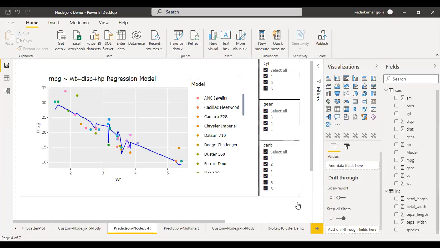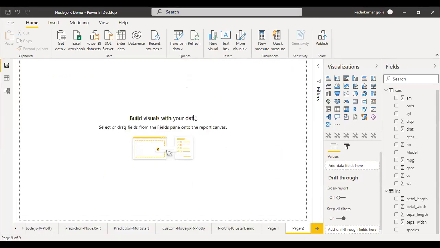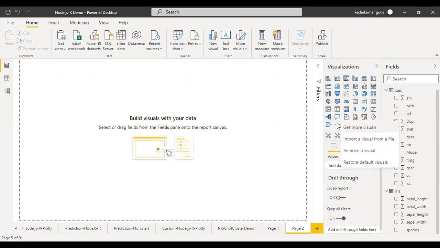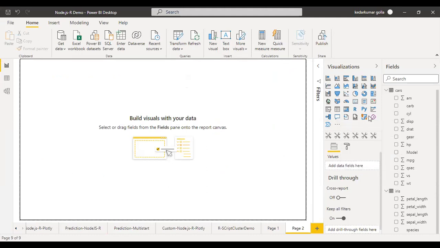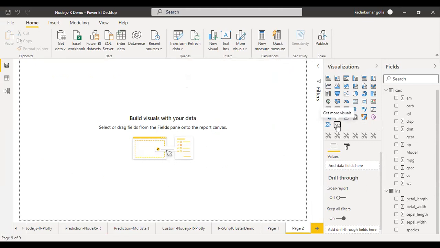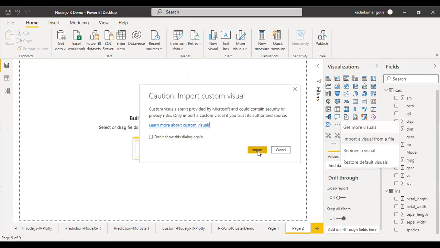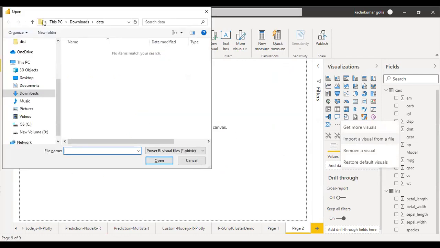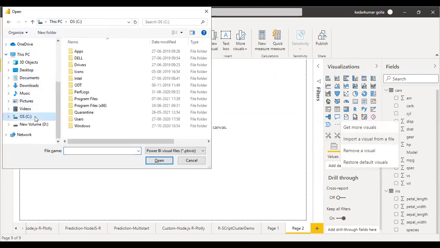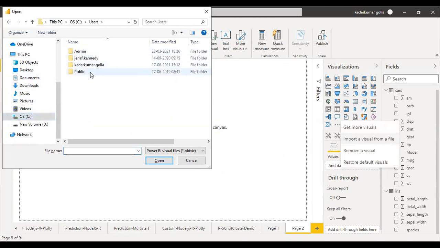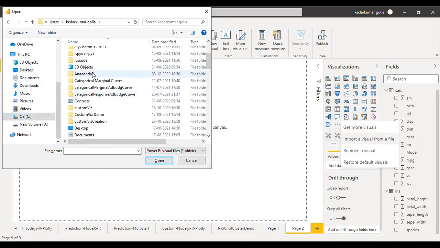Can you guys see my Power BI Desktop? Yes. So if you see here under visualizations, there are three dots. On hovering over it, we can see get more visuals. What we need to do is click on that, and an option to import a visual from a file will be there. We just need to click on that and press import. So we need to go to the location where we have created our visualization through this